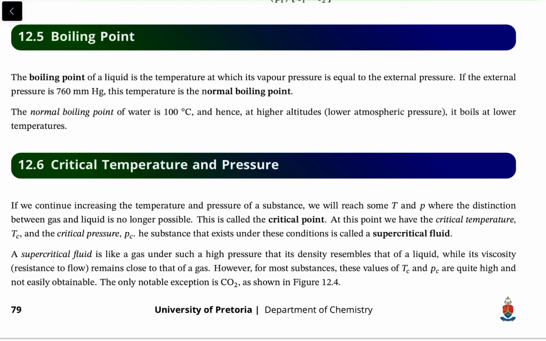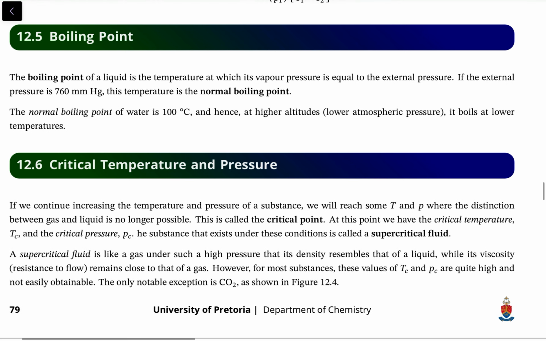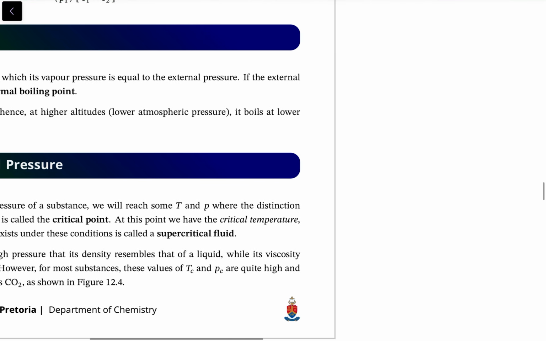Boiling points, of course, we've now looked at and defined. It depends on what your external pressure is. And perhaps we need to revisit what the idea here is. So if you think of, say, a beaker, and your beaker is open to the atmosphere, remember that the atmosphere is exerting a pressure, right? On that beaker of water, the atmosphere presses down on the surface, and you need to add enough energy,